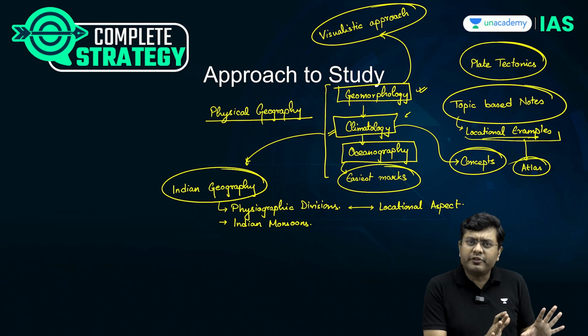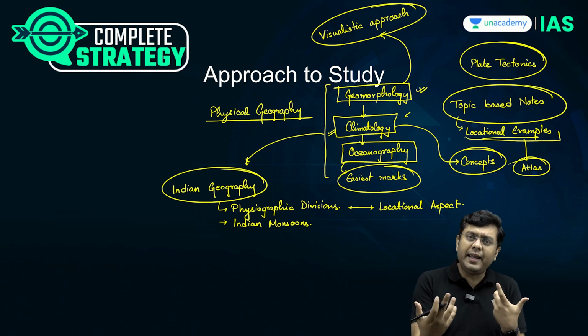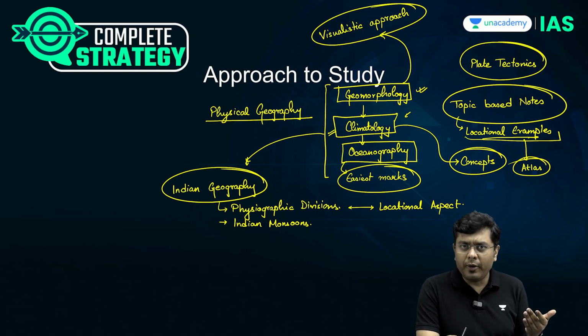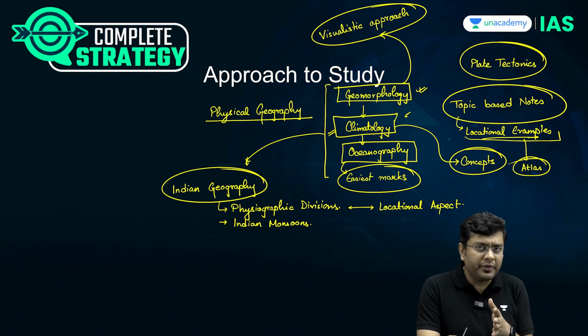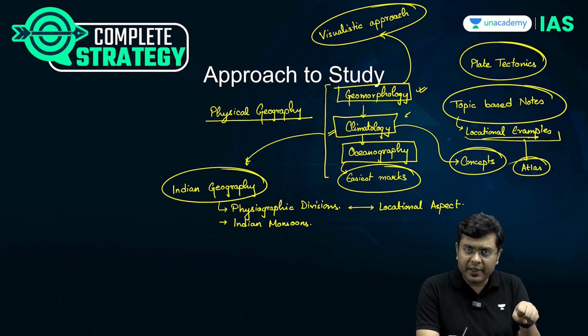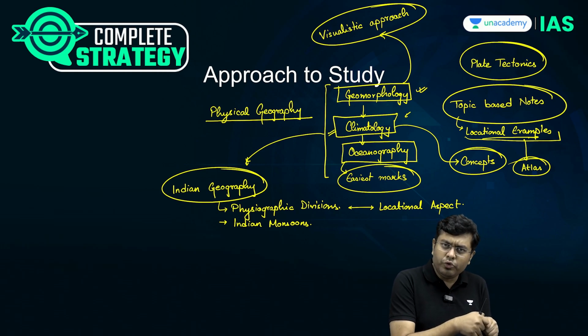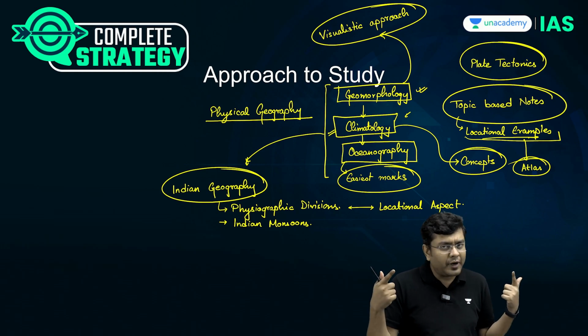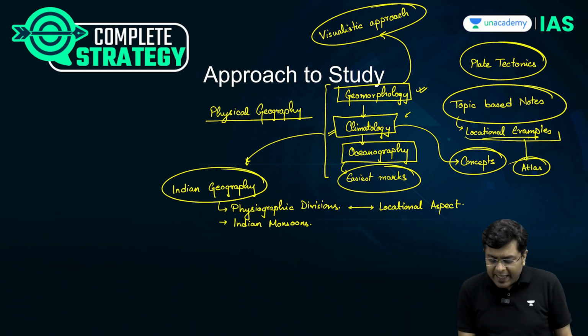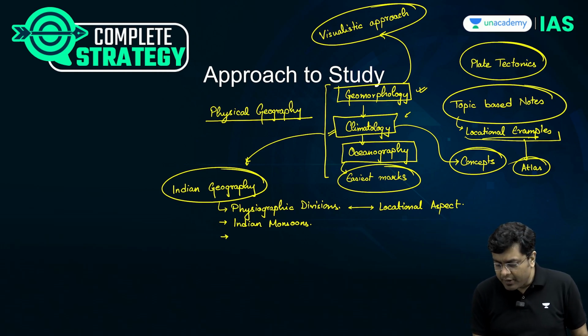So for the majority of the aspirants, Indian monsoon is nothing but the amount of rainfall. That is not the syllabus. That is not the requirement. UPSC wants you to go into the depth. So marry this portion of Indian monsoon, join it with the portion of climatology. Okay. Then after that, you have river systems and drainage systems.